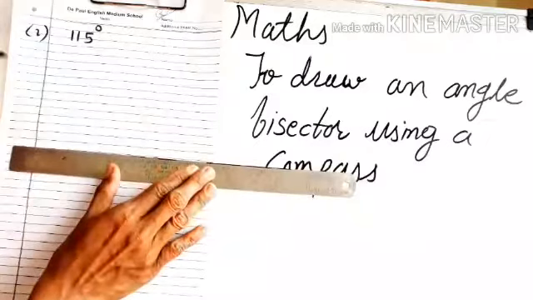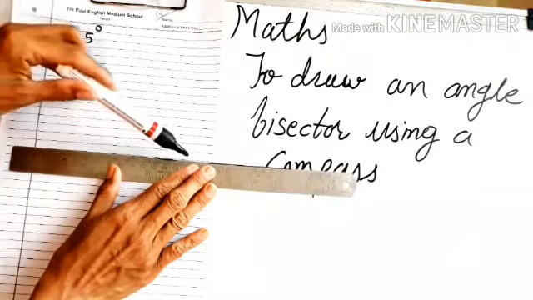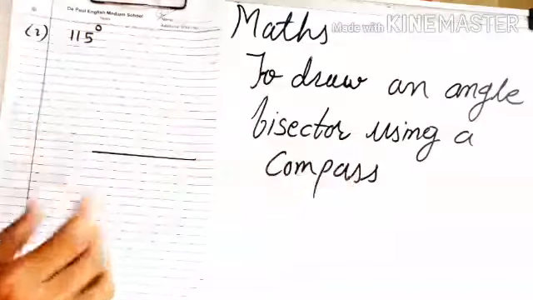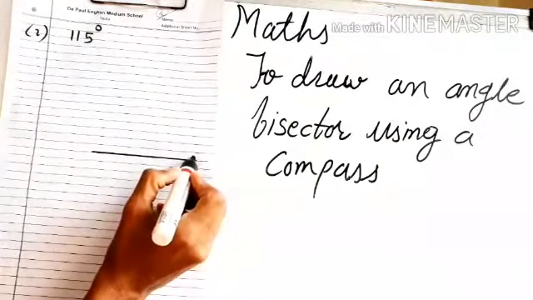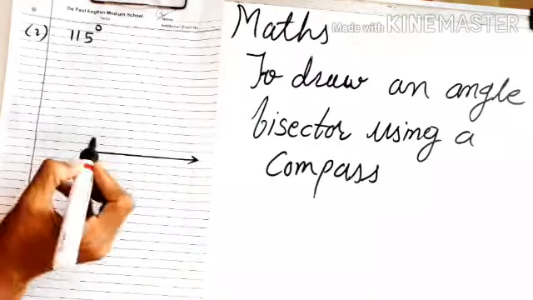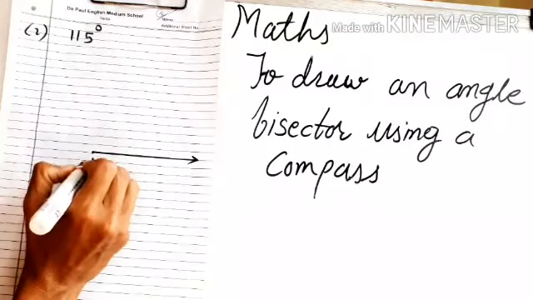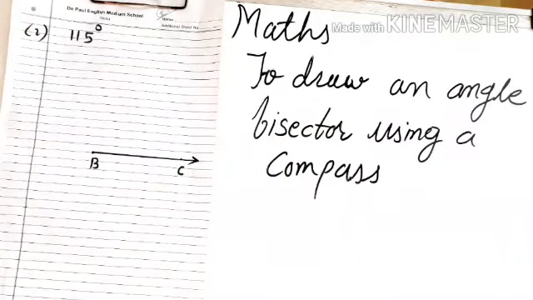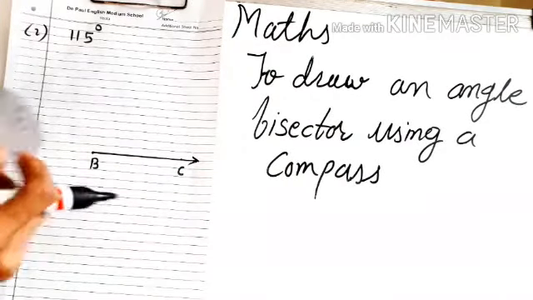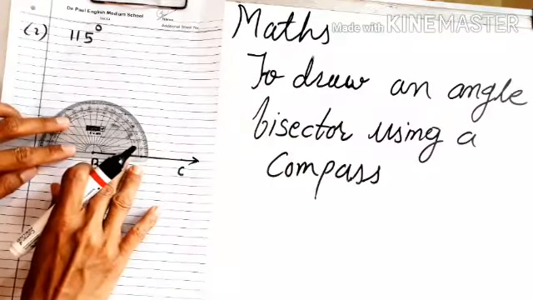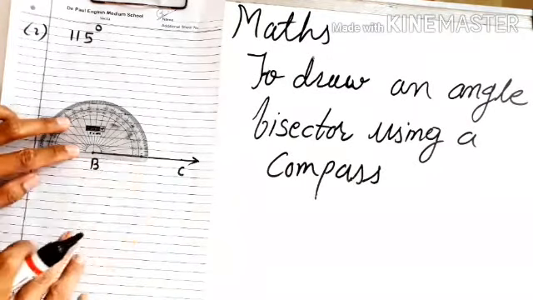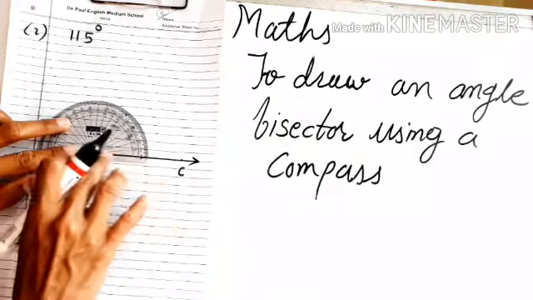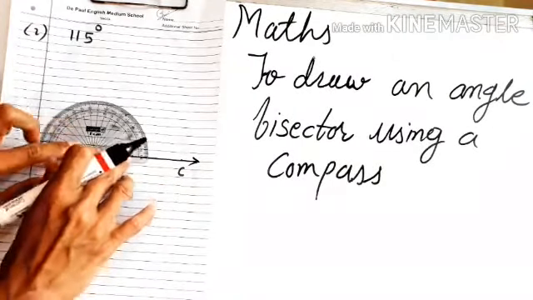So, a 115 degree angle. First let me draw. Here this will be the obtuse angle. The first step is to draw one ray. I will measure this angle from this side. Suppose this is the ray VC. Now take the protractor, keep the middle line of the protractor on point V, and measure an angle. The zero line should touch this ray VC, and now start from 0.